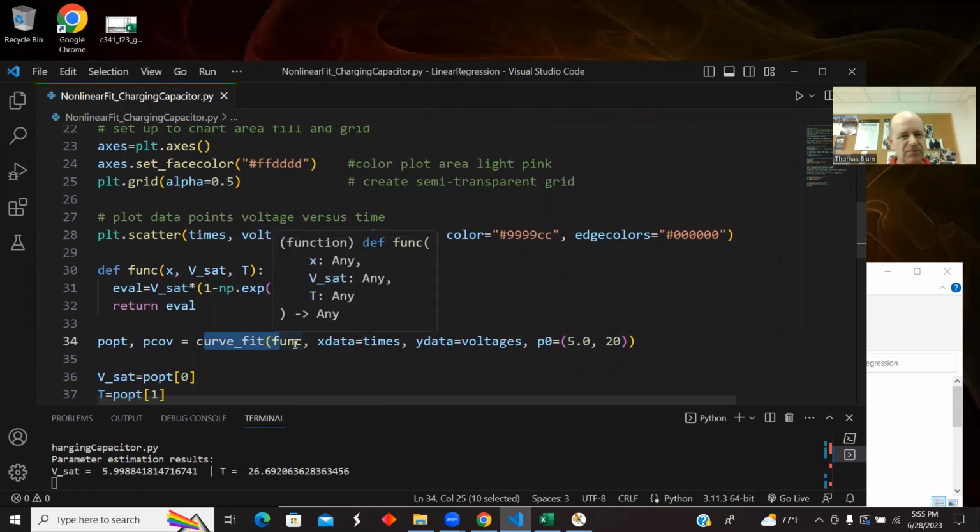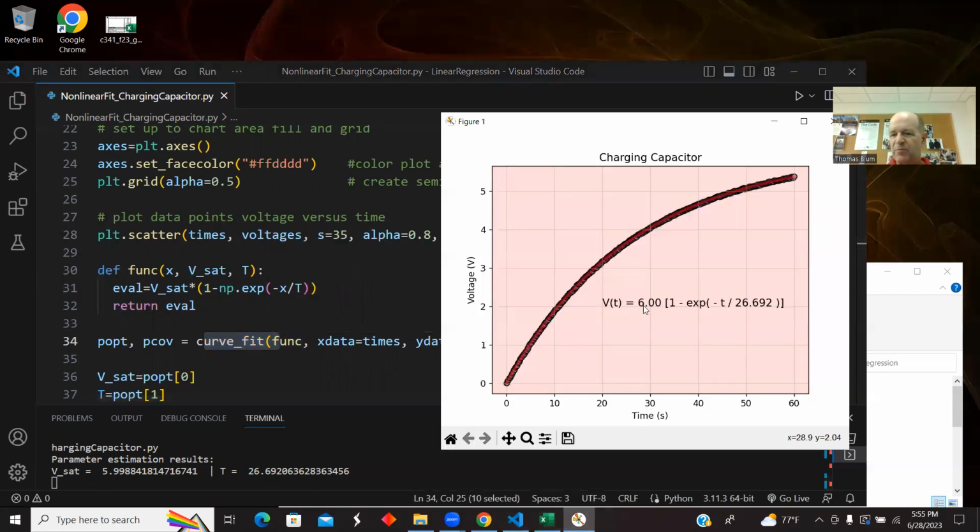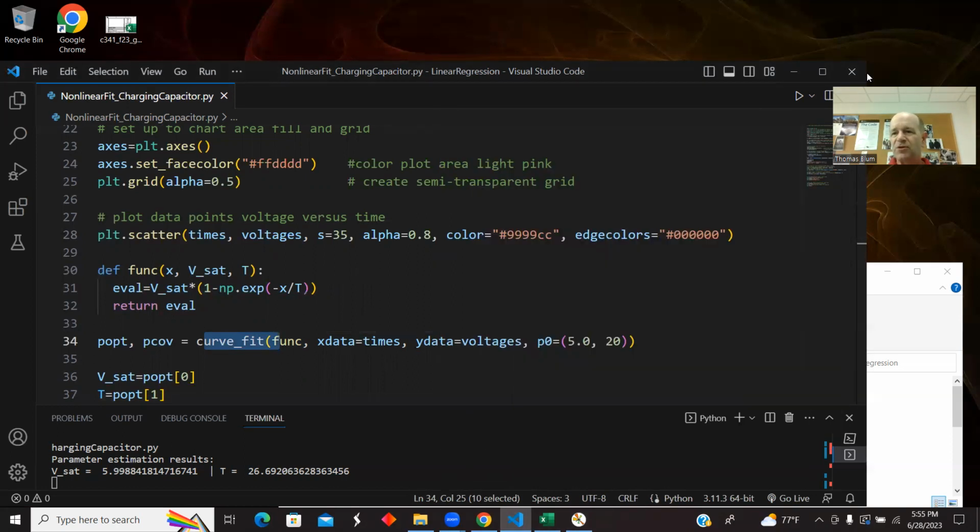So it just assumes you're going to do a least squares regression. So it's going to calculate the sum of the square deviations and minimize that with respect to your fitting parameters, which for me in this problem were the saturation voltage and the time constant. And they turned out to be, for saturation voltage, around 6, and the time constant around 26.69. Okay, that's what I wanted to show you. Thanks for your